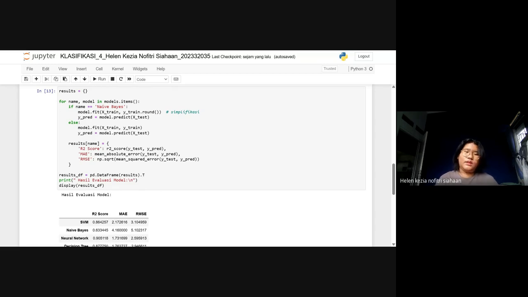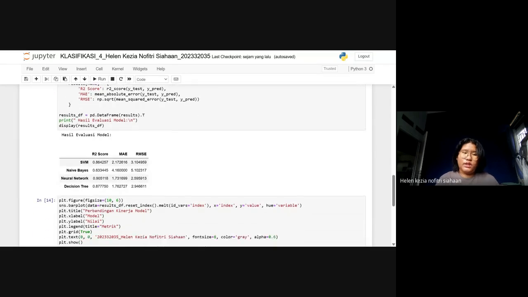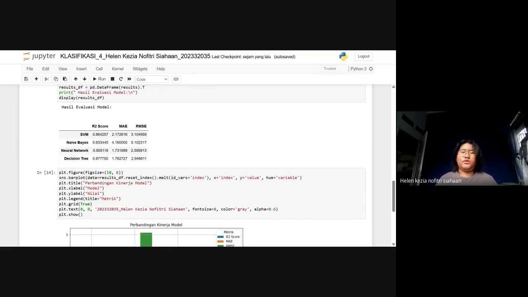The result will be printed out as hasil evaluasi model, and here you can see the R2 score, MAE, and RMSE, using SVM, Naive Bayes, neural network, and decision tree.